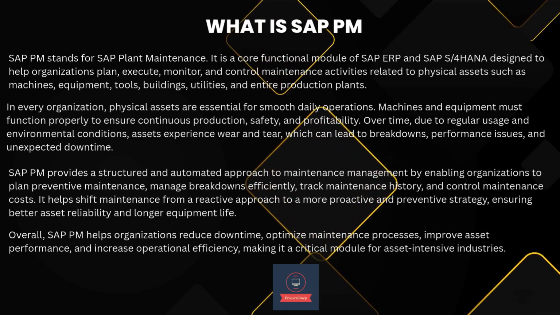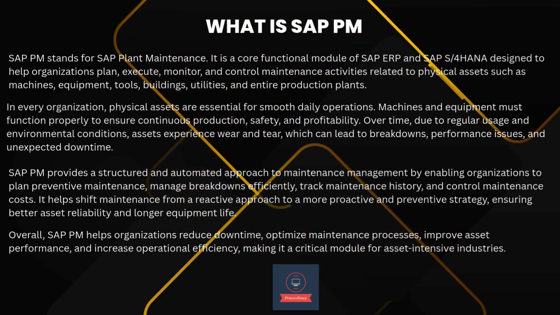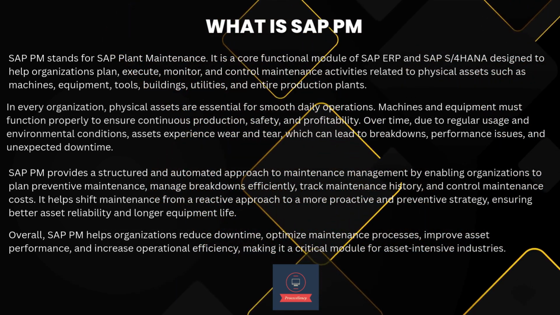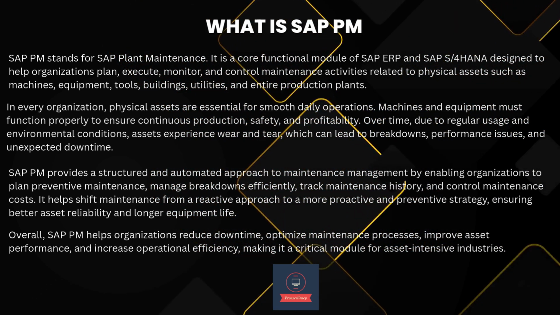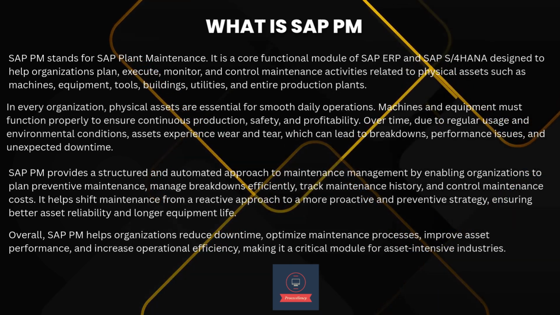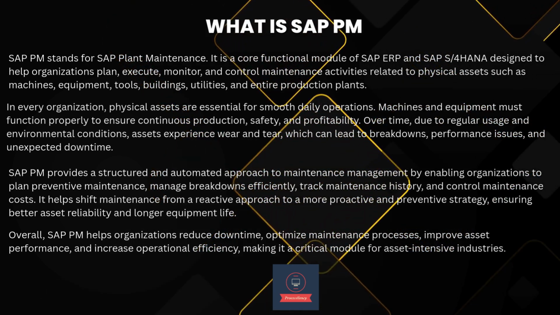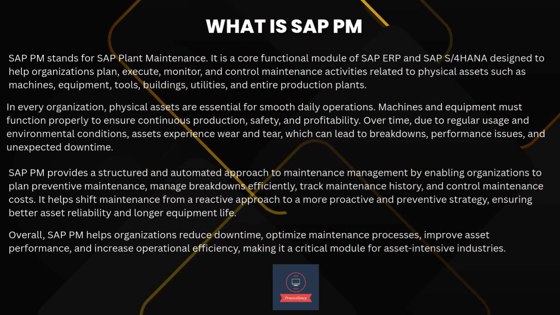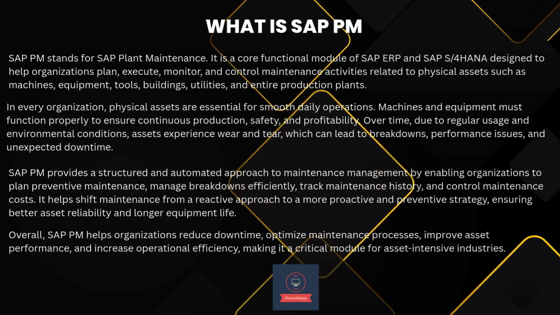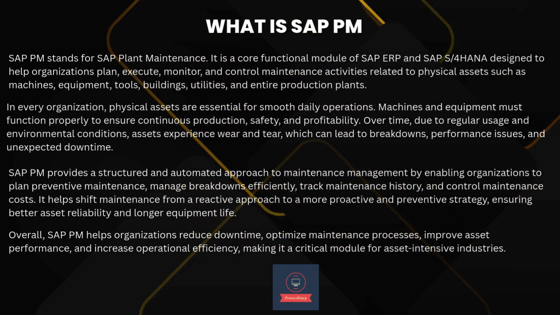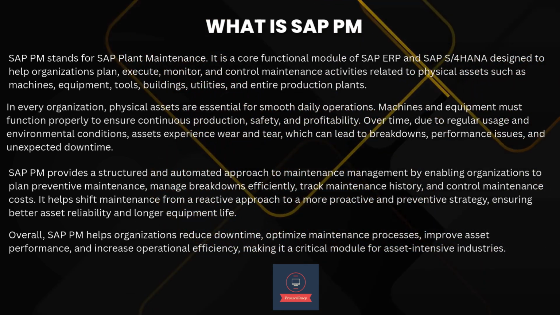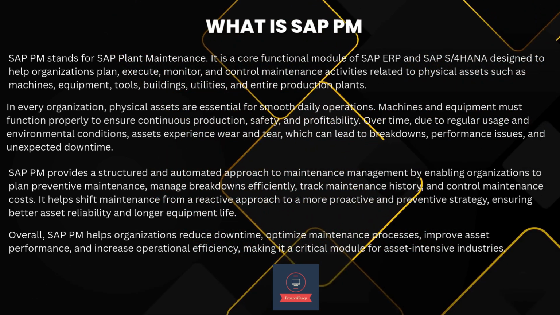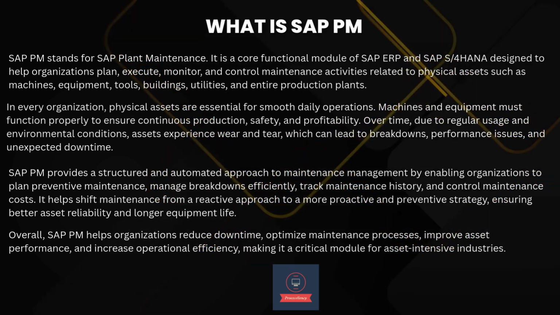In every organization, physical assets are essential for smooth daily operations. Machines and equipment must function properly to ensure continuous production, safety, and profitability. Over time, due to regular usage and environmental conditions, assets experience wear and tear, which can lead to breakdowns, performance issues, and unexpected downtime. SAP PM provides a structured and automated approach to maintenance management by enabling organizations to plan